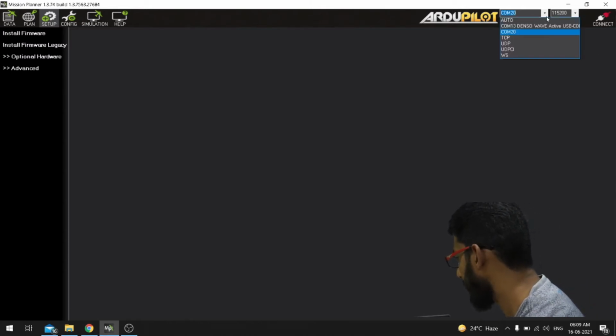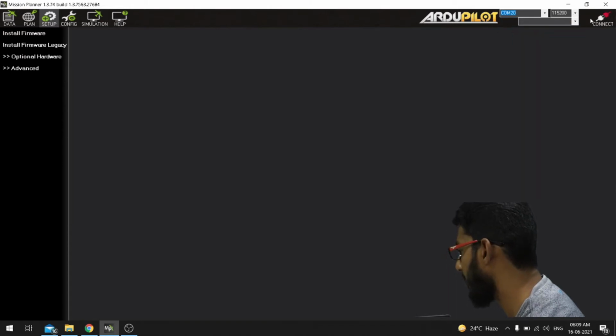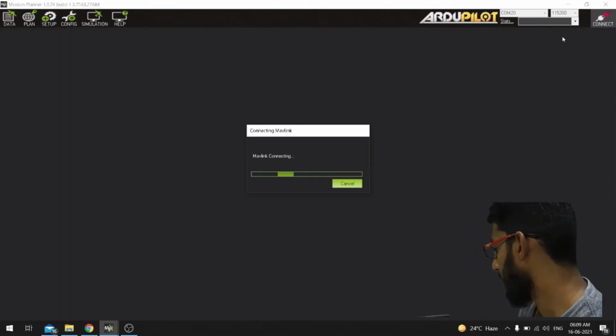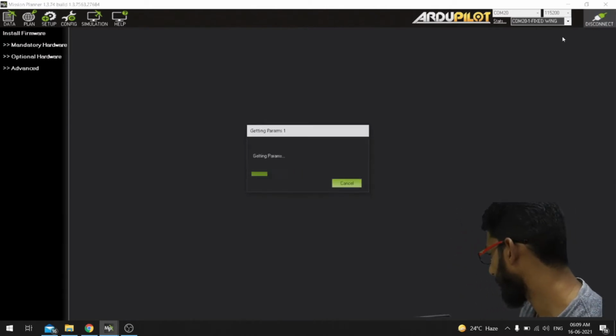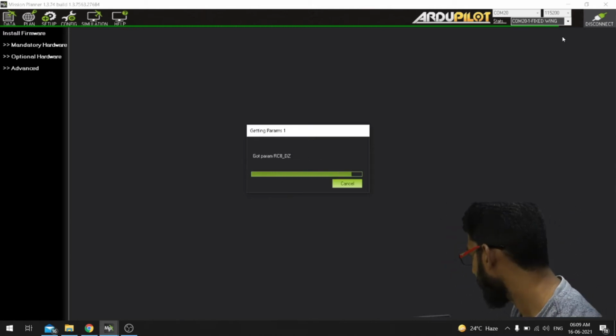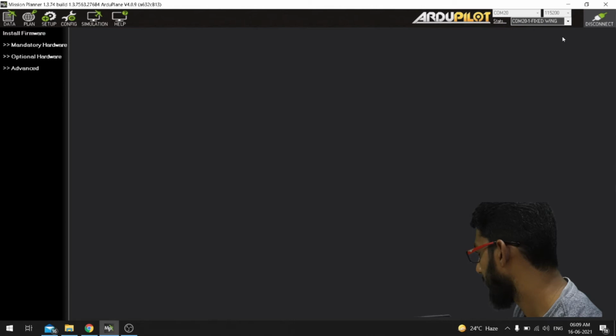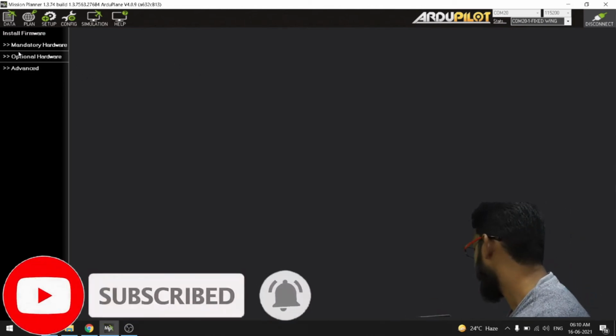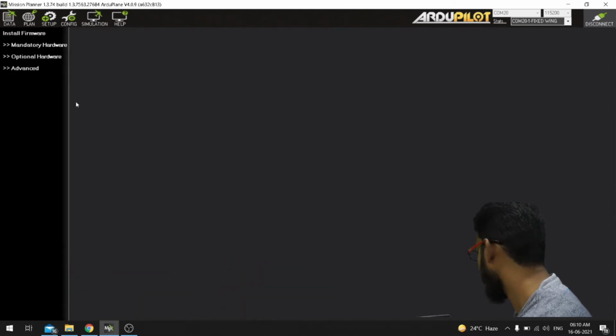What is the latest COM port? And 115200 should be the baud rate when you are connecting your PICSOC with the USB cable. So let's wait for it to come up. Yes, we are connected. Initially I was not seeing this mandatory hardware option here, but when I connected my flight controller to the computer and connected with Mission Planner, then I got this mandatory hardware also.